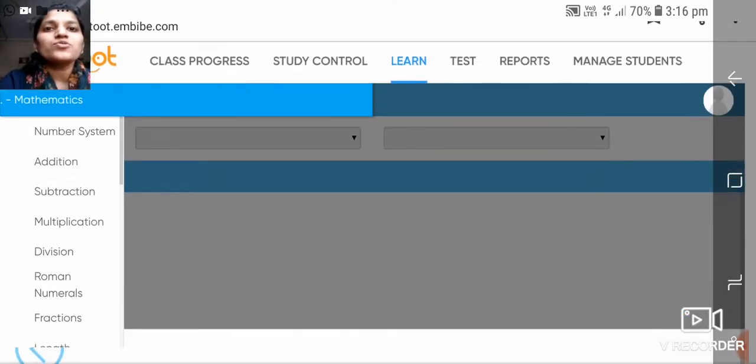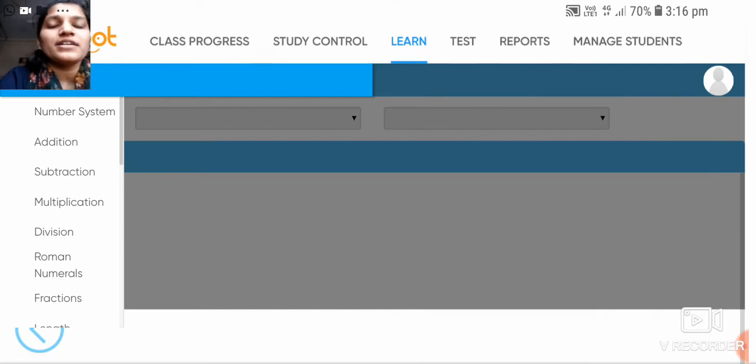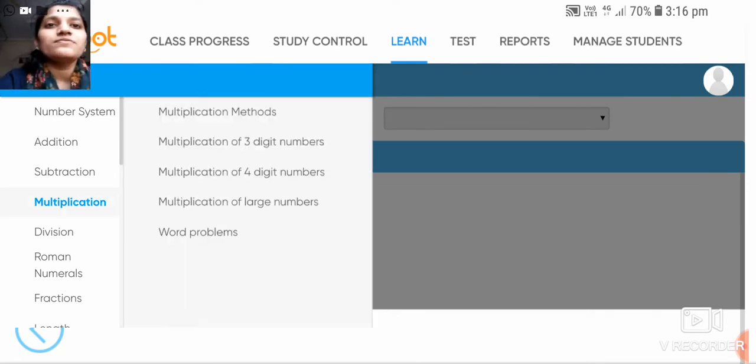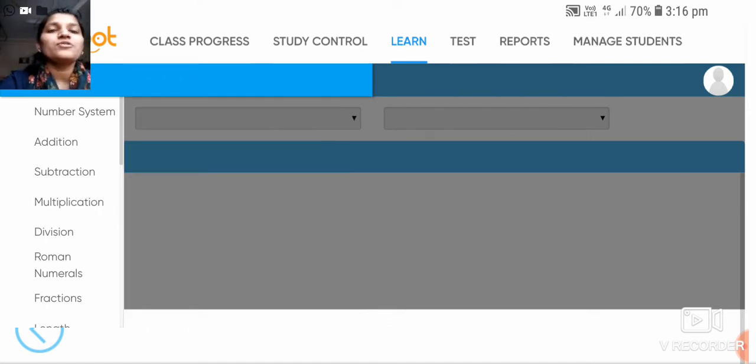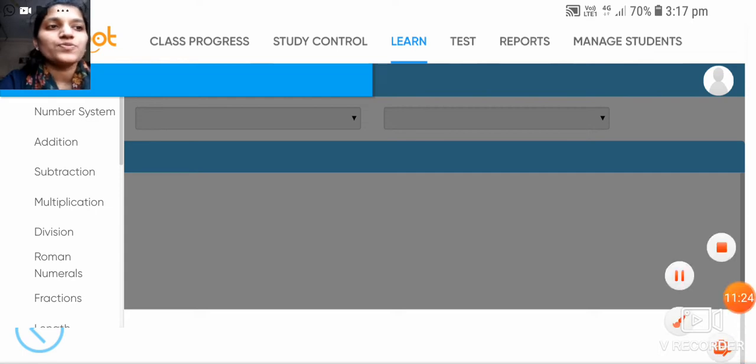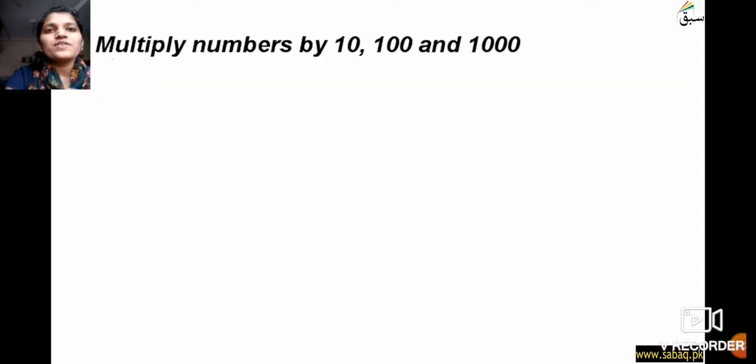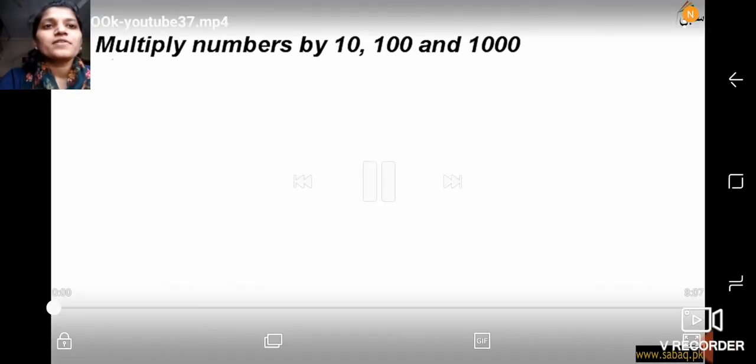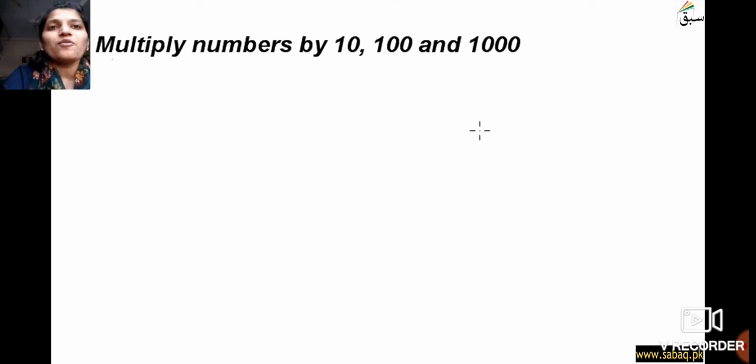Okay, so this is how, students, please solve the examples which are there in multiplication. And now word problems we are going to solve in the next session. Okay, but the word problems in CW we are going to solve today. So now let's see the multiplication of numbers by 10, 100 and 1000, how to do it. Okay, so now students, we are going to see how to multiply numbers by 10, 100 and 1000. So students, now we are going to see the easiest method of multiplying numbers by 10, 100 and 1000.